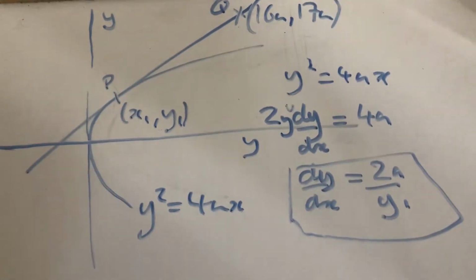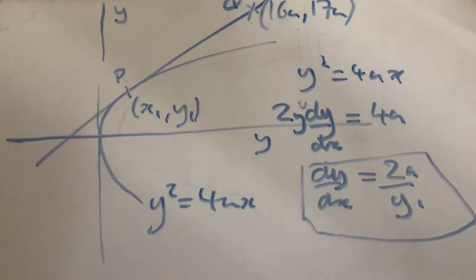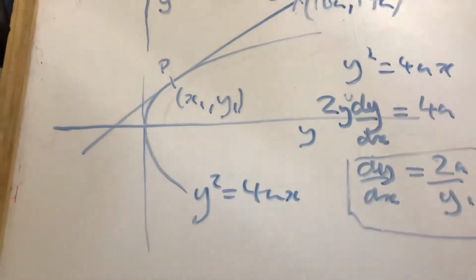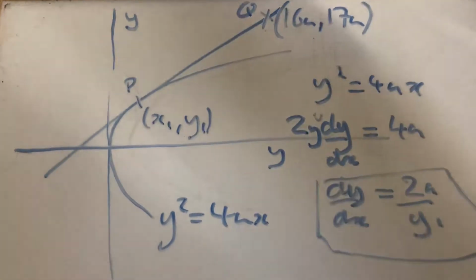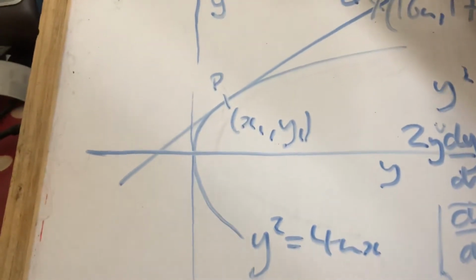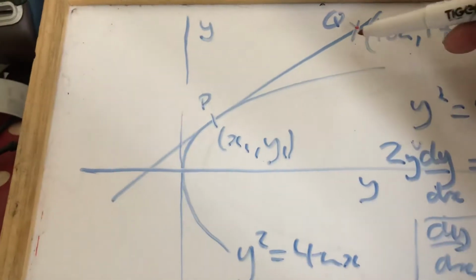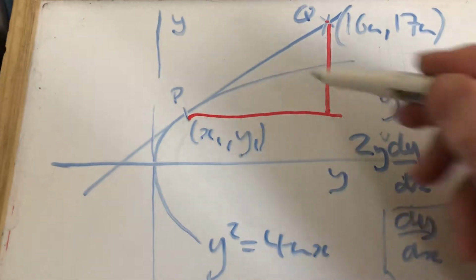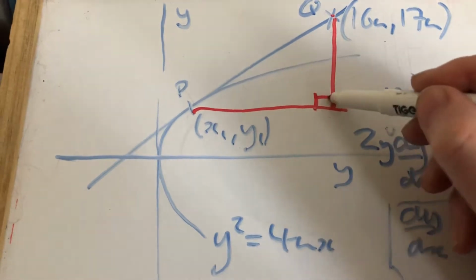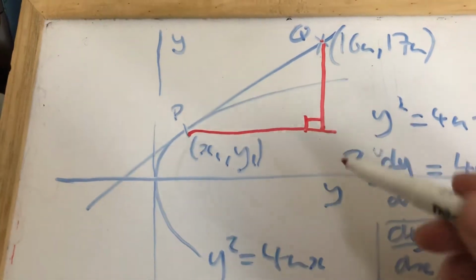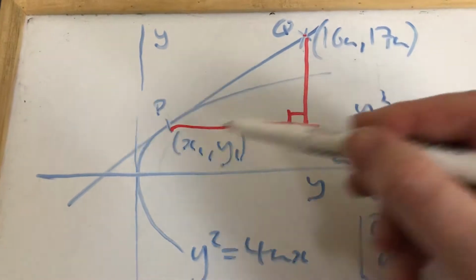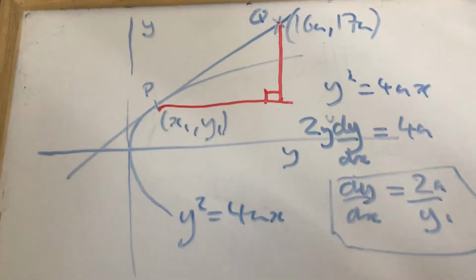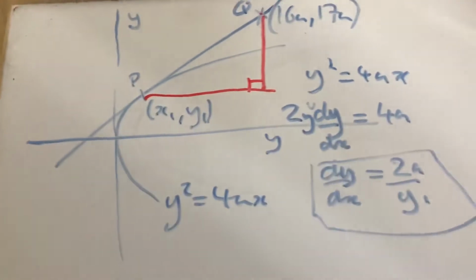Okay, now to find an alternative expression for the gradient, we go back to our GCSE maths, and what we say is we've got a point here, and this point here runs from Q to P down there like that, and we want to find this gradient here of the line that runs like that. Okay, so we just draw a line here. Okay, and we can see here that the gradient of this line is going to be the gradient of that line